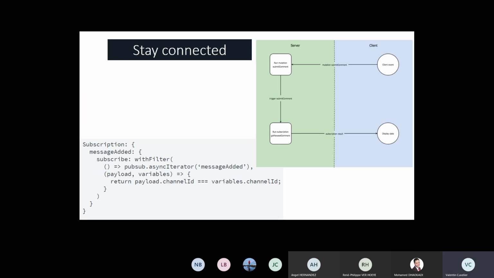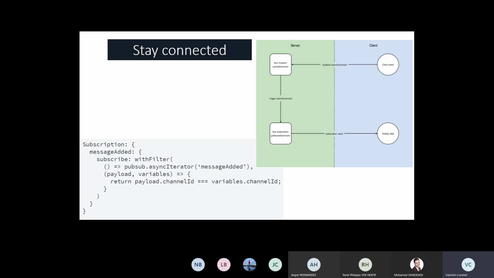As you can see in the picture, the client subscribes to the server here, he subscribes for one event, and for this event there is a trigger in the server, and when an event is generated, the server sends this event to the client.